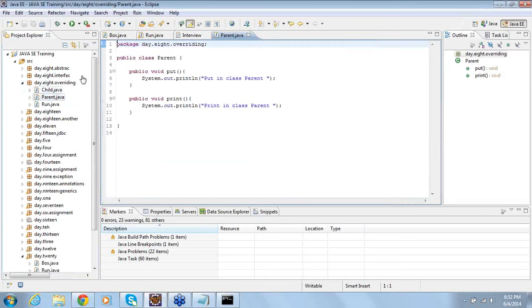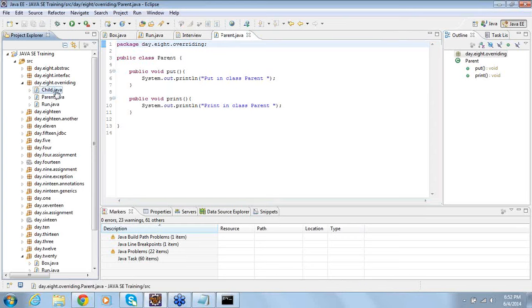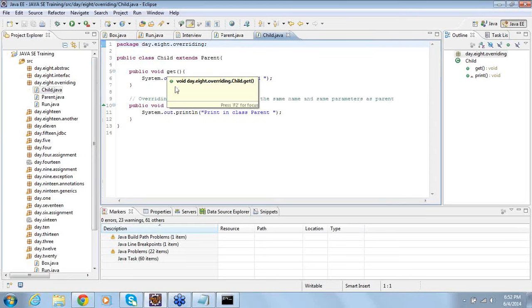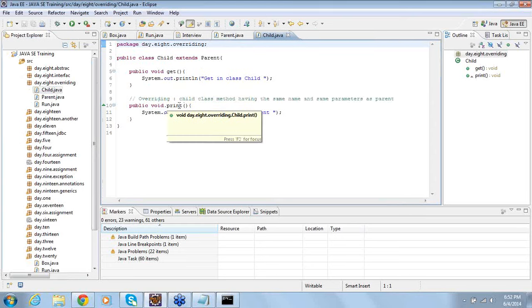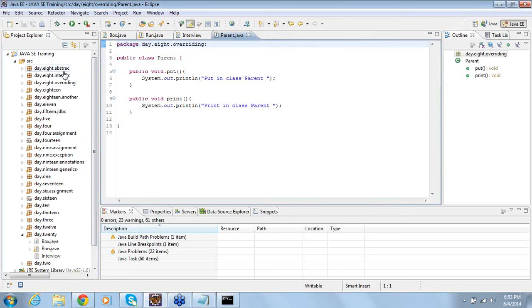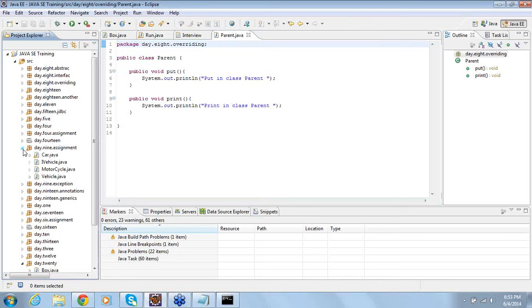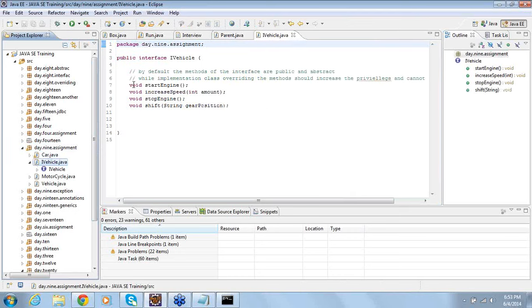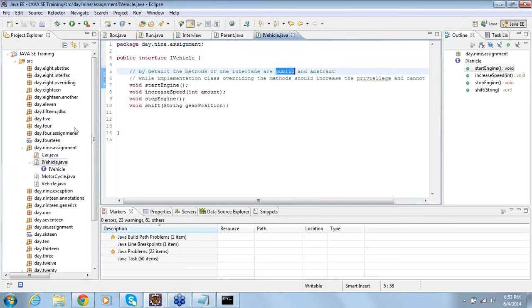Suppose in the parent class, let's go back to here. Overriding: you have a parent class with a get method and a print method, and a child class with a get method and a print method. I think we did that activity, on day 8; day 9 was the assignment. iVehicle is an interface, and by default the methods of the interface are public.